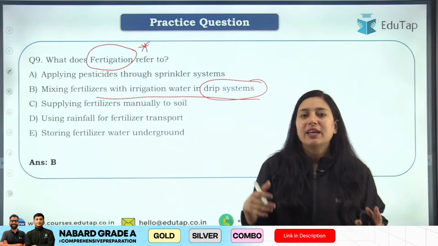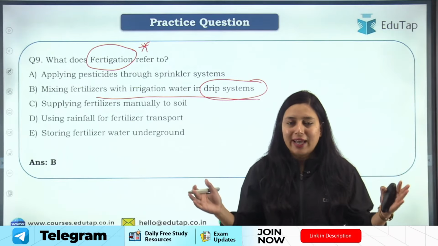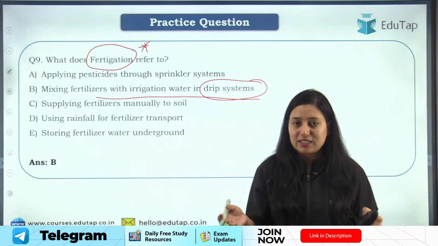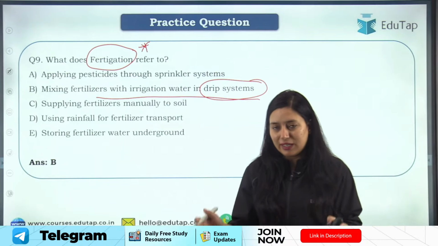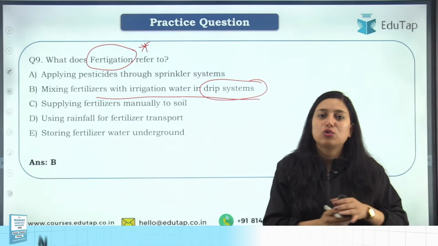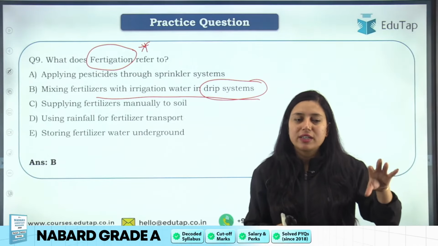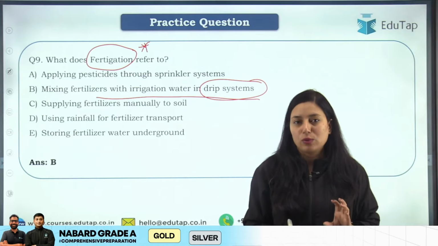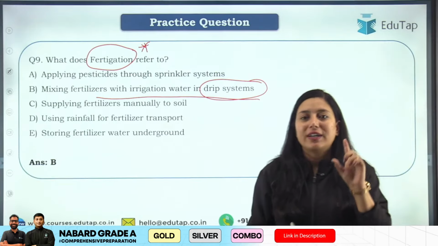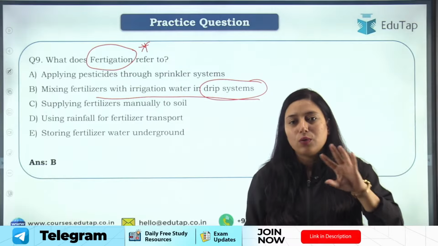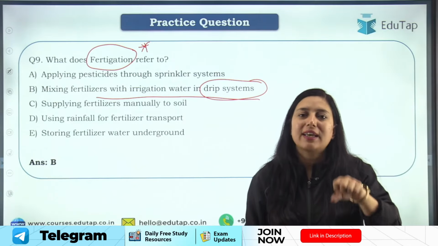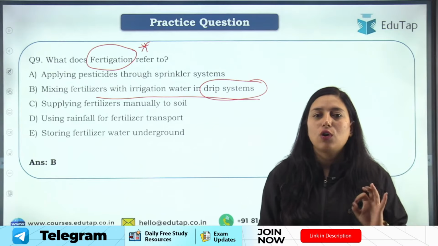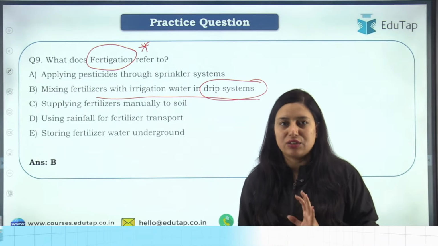So what we do here in case of drip system, we have a chemical tank, in which along with the water we dissolve water soluble fertilizer. Then that water is carried through pipelines, and drip by drip that water falls around the root zone, and precise application of fertilizer also happens here. Precise application of fertilizer, because fertilizer is a source of nutrient, so where should it be? Around the root zone, so that the crop root can absorb it and can grow easily, right? So fertigation is just application of fertilizer along with irrigation water. Theek hai,